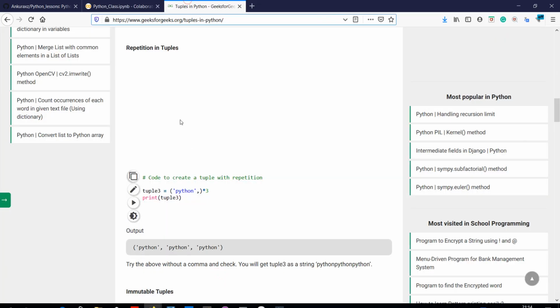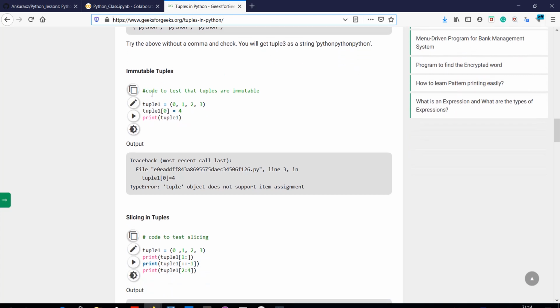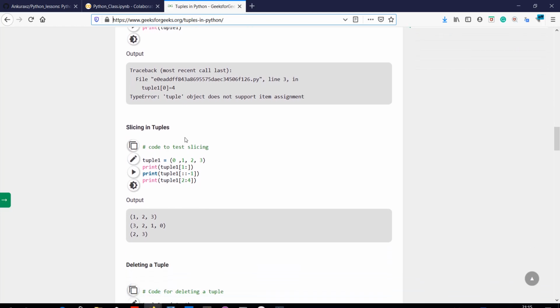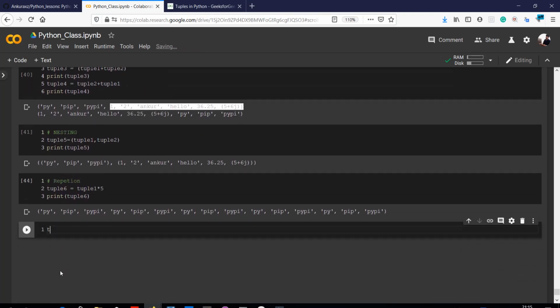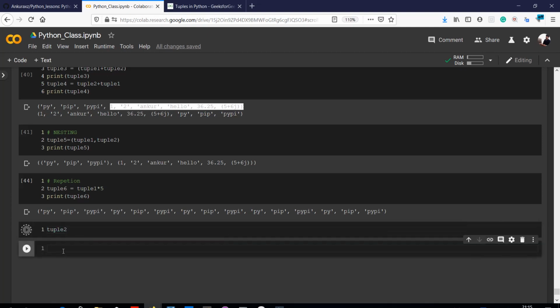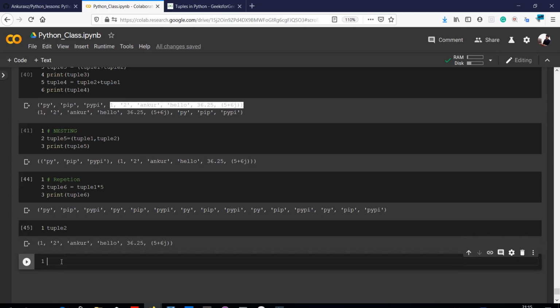Simple. Next in the list are immutable tuples. You cannot mutate it, as I discussed. And next is slicing in tuples. You can of course slice it. Let's see how it works. So let me get back to tuple 2. Let me try to access some of its components. This is actually one-D tuple